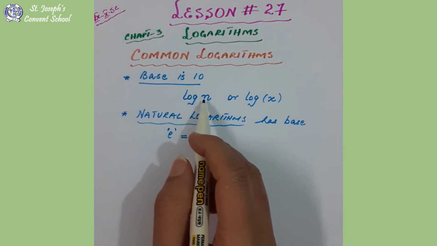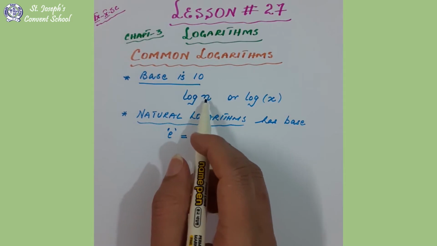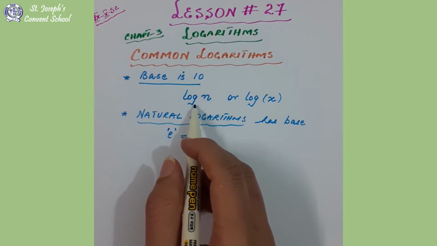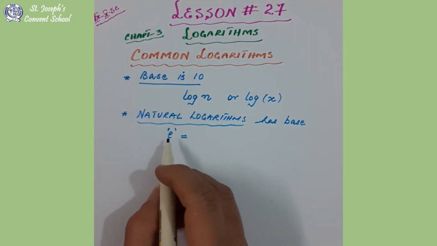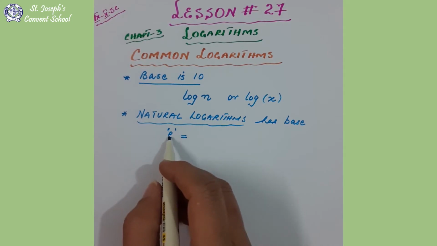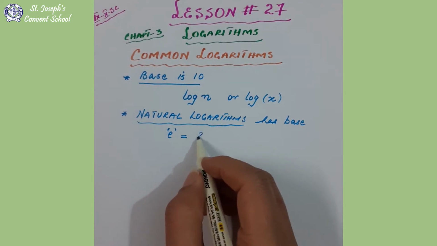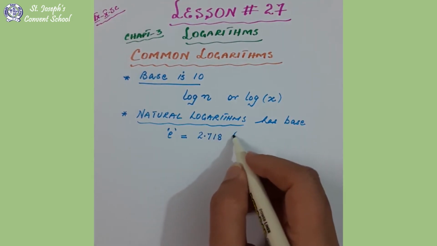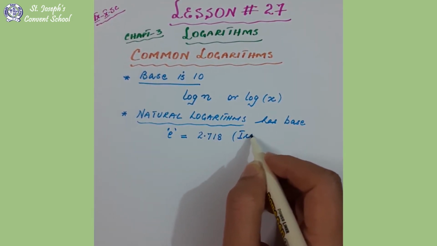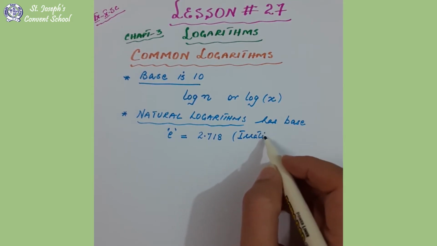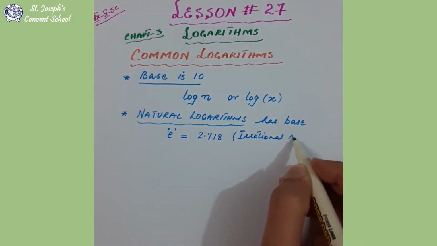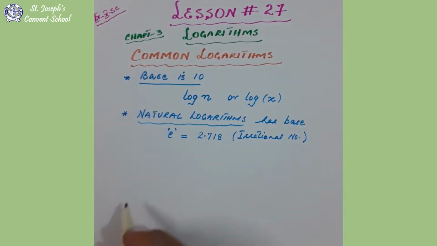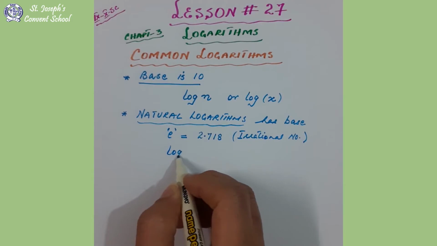In common logarithm we find the log using the log table, and here 10 is understood, it remains the same, so no need to mention it. But in natural logarithm, base is e. The base of natural logarithm is e and value of e is always equal to 2.718, and e is an irrational number, and it is written like this: log base e,